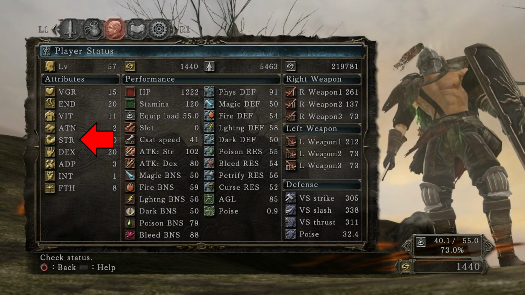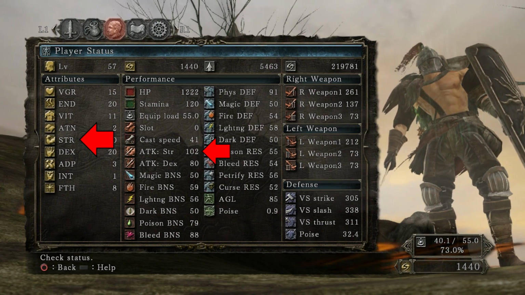Strength. Strength is one of your primary melee damage stats. All weapons require some amount of strength in order to be used effectively. Some require a small amount, and some require quite a bit. Now, like I said, strength does affect your melee damage, but what you'll find is that different weapons scale differently